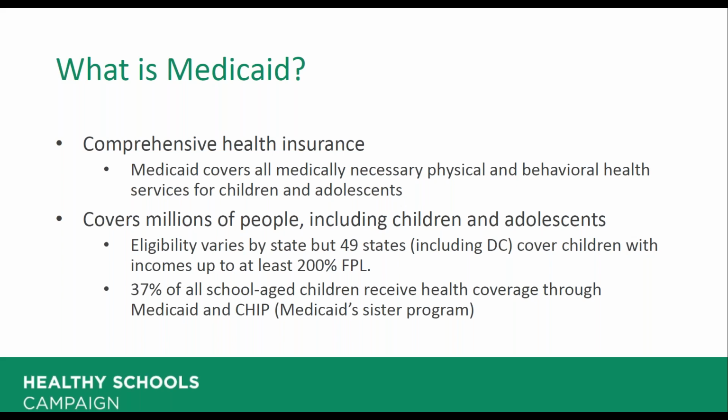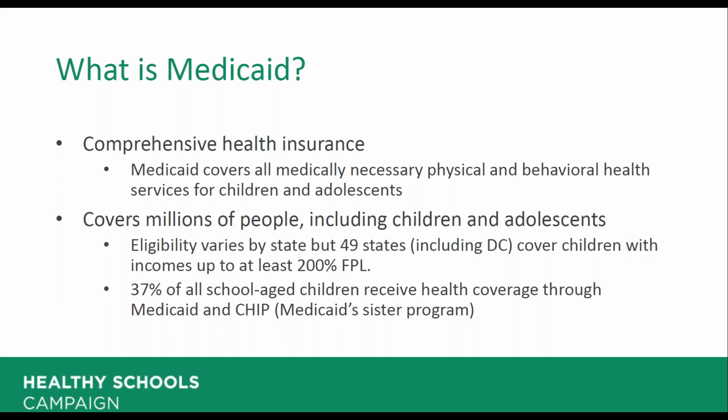But it is the health insurance program broadly that covers 1 in 5 people in the United States, including about 37 million children. That's 40% of all kids in the US. Medicaid's sister program, the Children's Health Insurance Program, or CHIP, covers an additional 8.9 million children. And for the low-income families whose kids are covered by Medicaid and CHIP, coverage is comprehensive and affordable because Medicaid keeps out-of-pocket spending low, and it has a benefits package that is designed specifically with kids' healthcare needs in mind, looking at the physical and behavioral health services that children and adolescents really need.